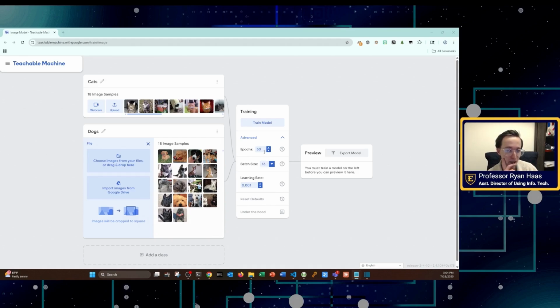And then the epochs are 50. Well, what is an epoch? This is one full pass through the entire training set. So imagine you have a final exam based on 6 chapters of a book. Let's say your batch size is 36, so you're going to pull 6 questions from the end of every chapter.